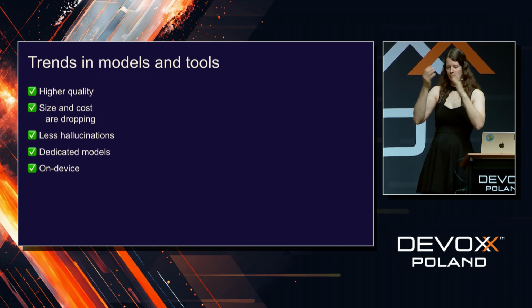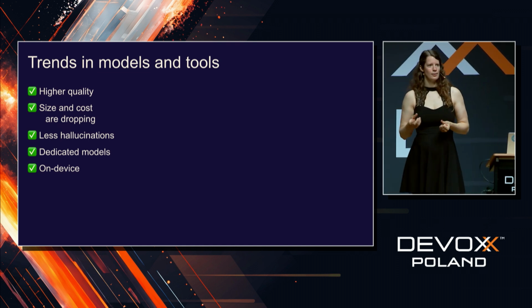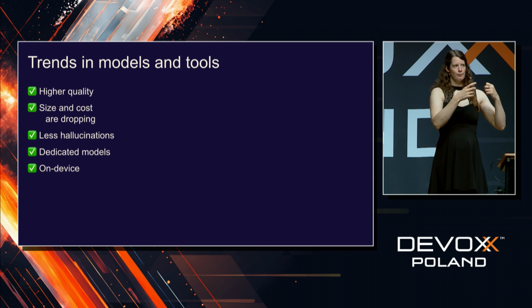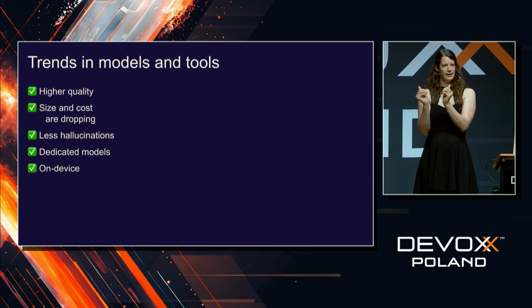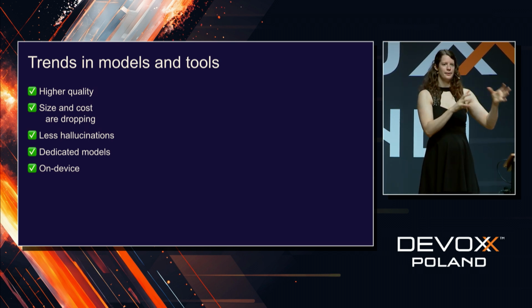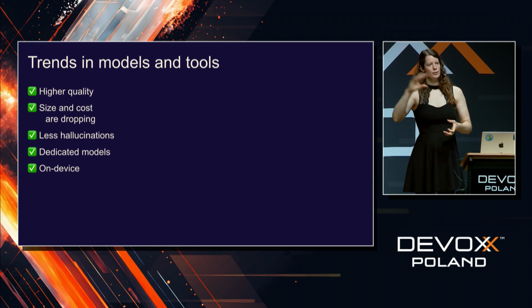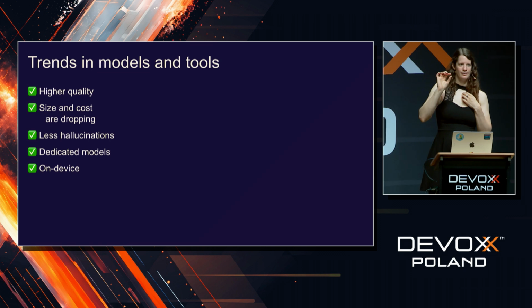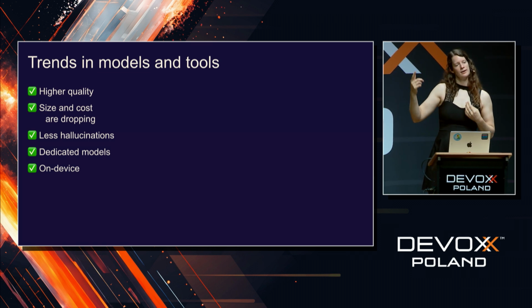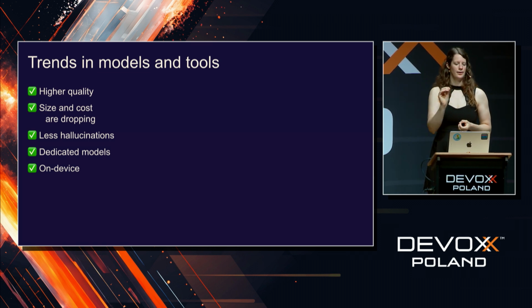For example, embedding models are one of those where you put text into small vectors that encode the meaning, and they have a very specific use case when you want to find related data. But there are many more of these very tiny dedicated models. They're super fast, super cheap, and super good at what they want to do.